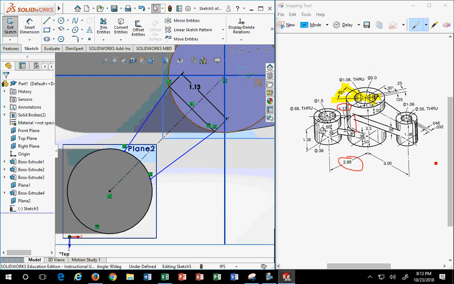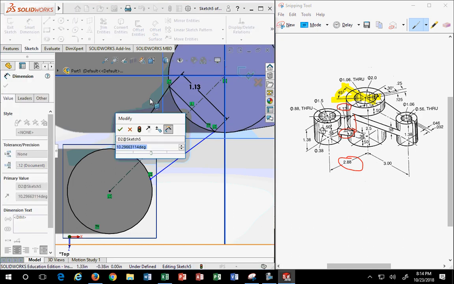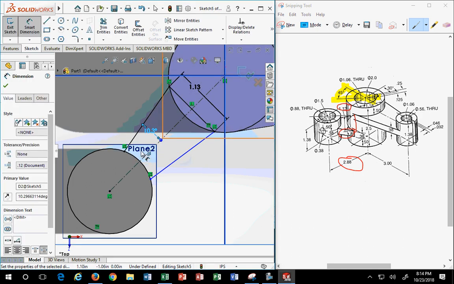The last thing I need to do is add the 8 degrees, because there's 8 degrees in there. Mathematically, we know that 8 degrees this way is the same as 8 degrees the other way, meaning